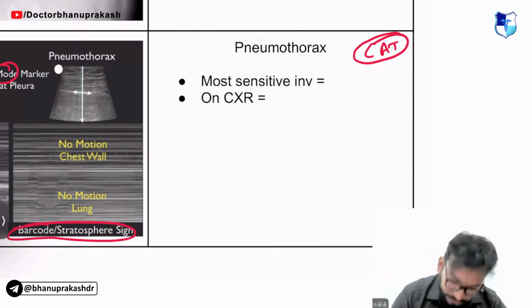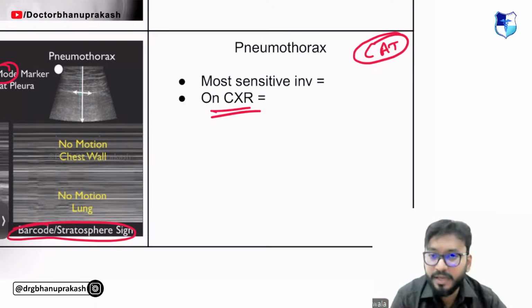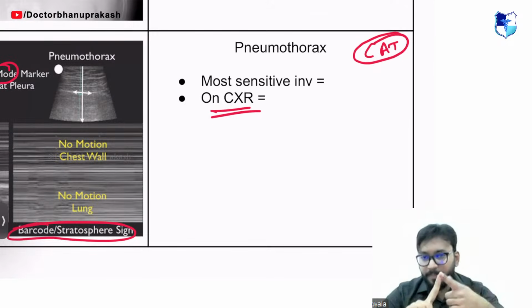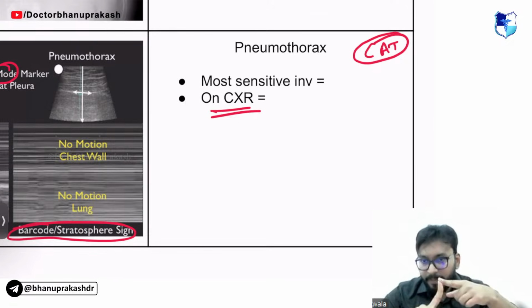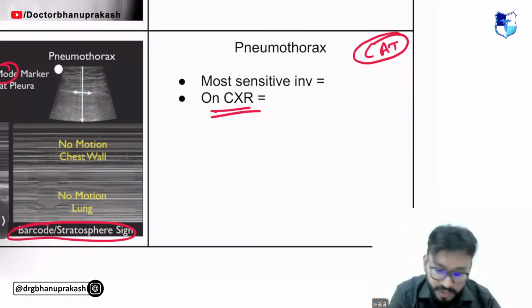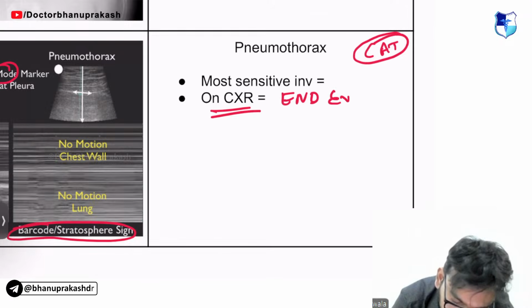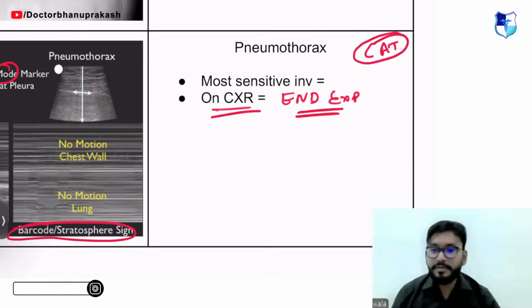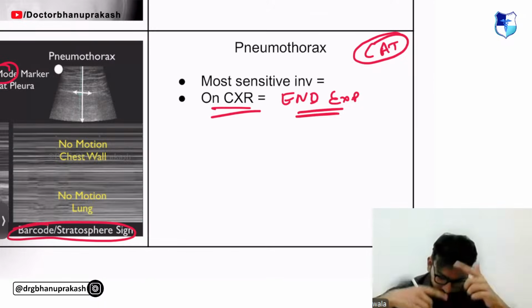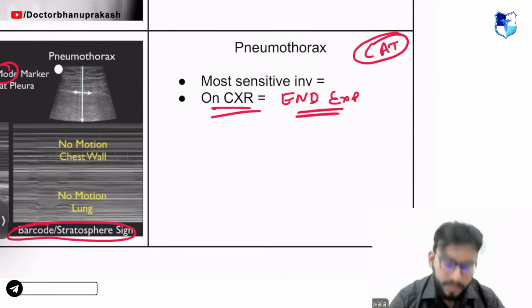Okay, right. On X-ray, guys, which is the film that we take? Remember, I told you to look for air trapping. Remember the PAD: air trapping, diaphragmatic palsy, and P was for pneumothorax. Which film was it, guys? It was the end expiratory film. End expiratory X-ray is what we take. See how we're linking the basics, guys. See how we're linking everything that we learned in the basics and we're linking it now.